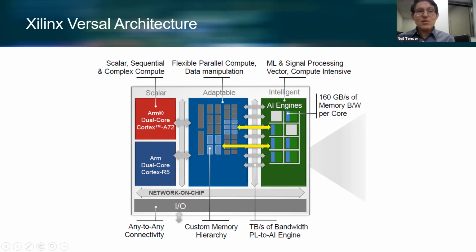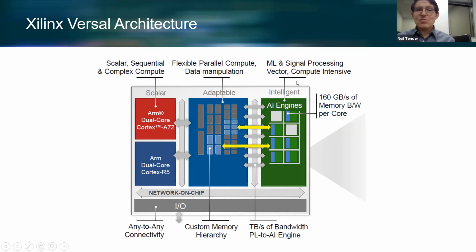So the latest generation, they divide the chip into 3 parts, right? On the left, they call it the scalar. They actually have ARM processors in the chip. And then in the middle, they have what's called adaptable. This is the traditional FPGA fabric that I've been talking about, where you can program the logic and the routes, and reprogram it as desired. And then this is a new thing on the right they created. They call it AI engines, but it's not exactly like a GPU, but it's a kind of a